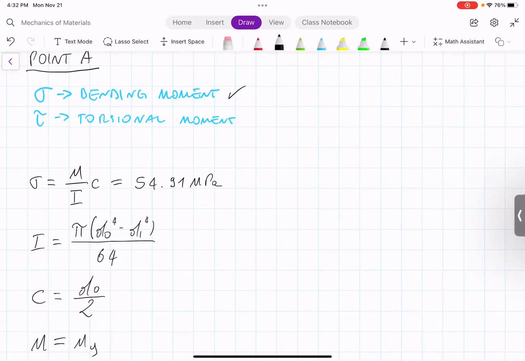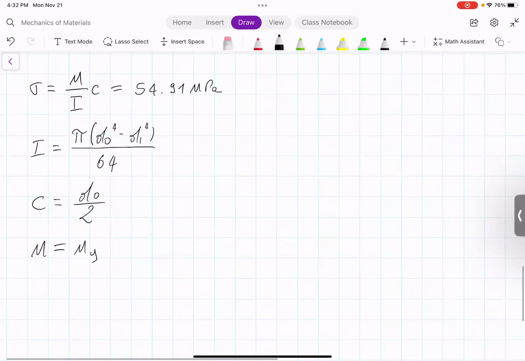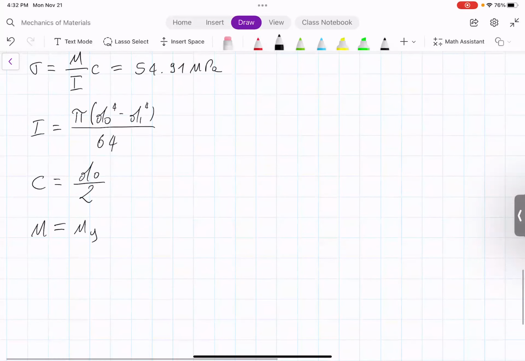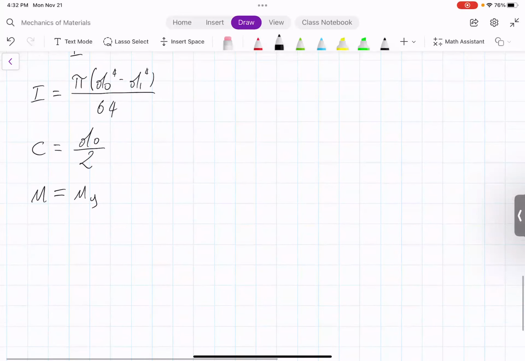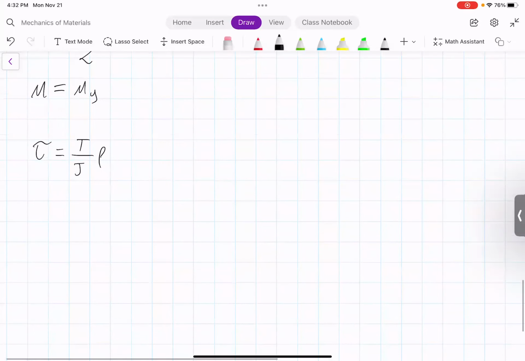We can now look at the torsion, which is the shear stress due to a certain torsional moment. In this case, we can use the torsion formula. So we have tau is equal to T over J times rho. Let's look at all the terms here. So J